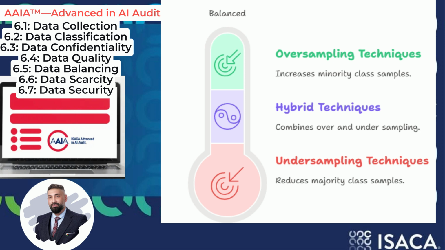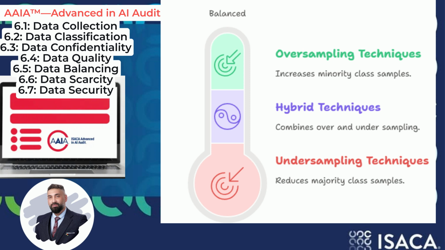When dealing with data balancing, there are several considerations and best practices. Understand the cause of imbalance. Is it natural or due to data collection issues? Choose the right technique. There's no one-size-fits-all solution. The best technique depends on the dataset, the model, and the problem. Experimentation is often needed. Apply balancing correctly in cross-validation. Crucially, balancing techniques, especially oversampling, should generally be applied only to the training set within each fold of cross-validation, not to the validation or test sets, to avoid data leakage and get a realistic performance estimate.